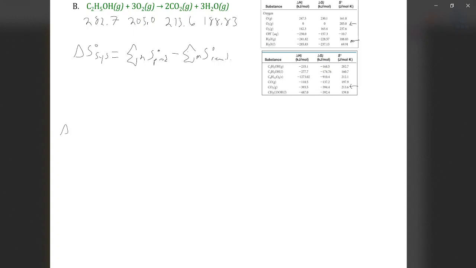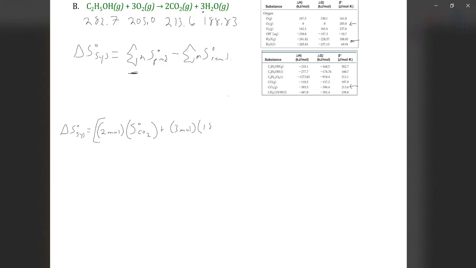Delta S naught of the system is going to be equal to, and we always start from the products, 2 moles, starting from CO2, times S naught CO2, plus, because we're talking about sigma, so this is our addition part, plus 3 moles times, and we're talking about water here, the 3 comes from this coefficient,